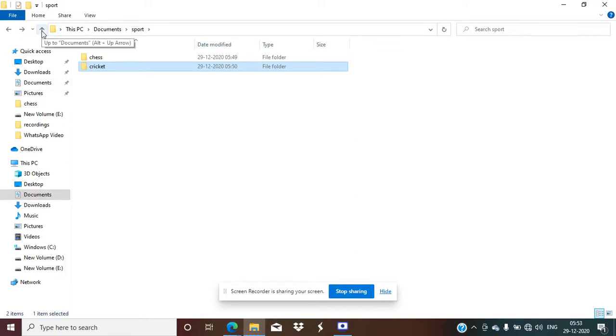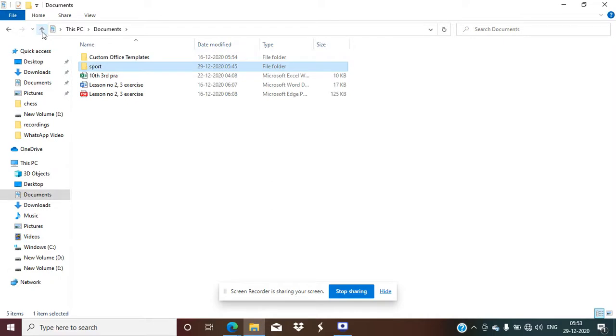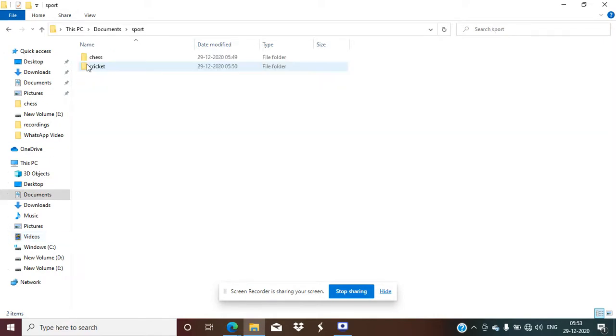Suppose you want to go to the parent folder. Parent folder means the sport folder is the parent folder for the chess and cricket folders, and the document folder is the parent folder for the sport folder. Now if you see here, in the left pane the sports folder is given in the document folder.